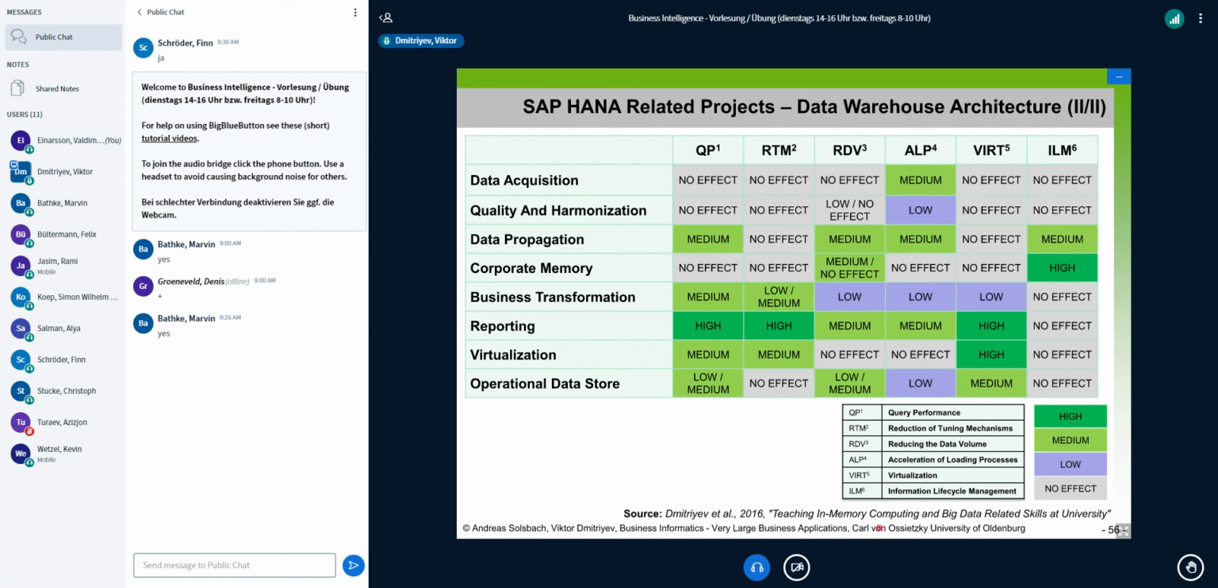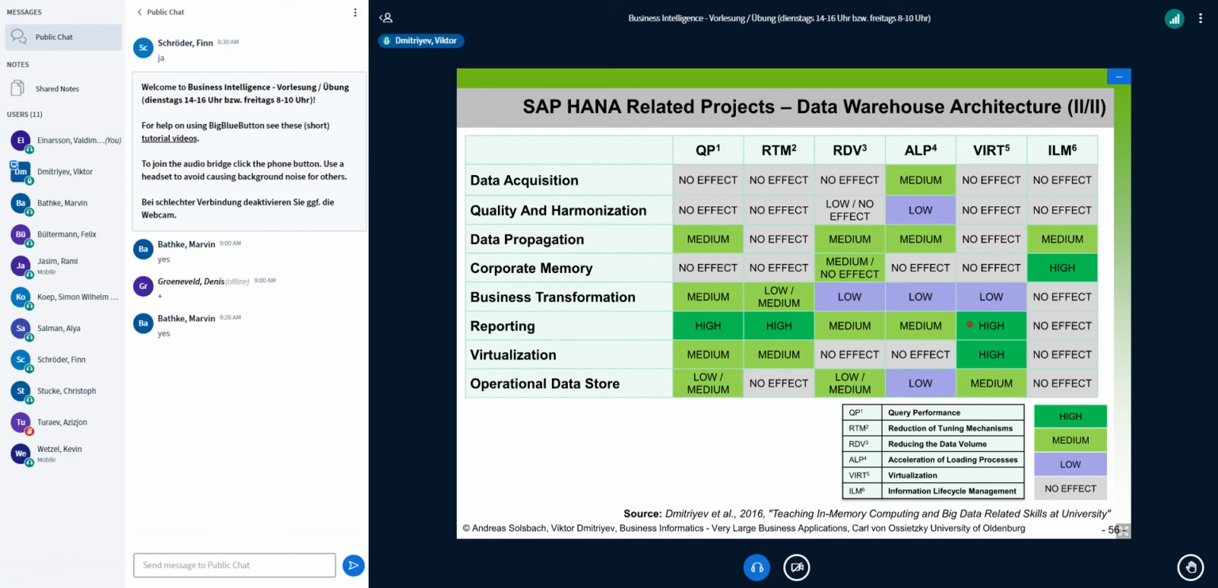In some cases, you don't have any kind of benefits, but there are high benefits on some layers, like reporting. On the reporting, you have high benefits on the query performance, and a high reduction in tuning mechanisms. You also use less virtualization, so you are forced to use less visualization. So it basically means